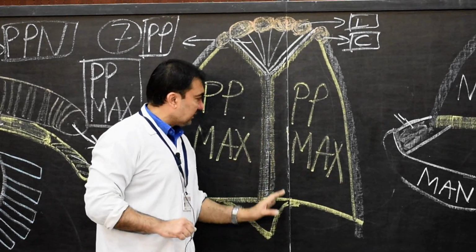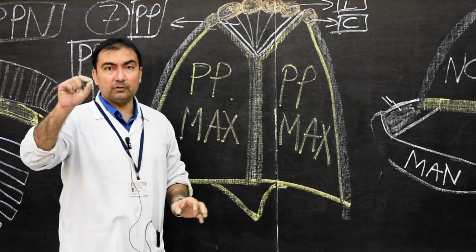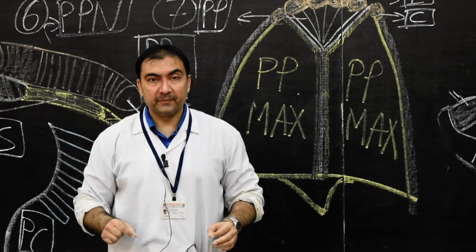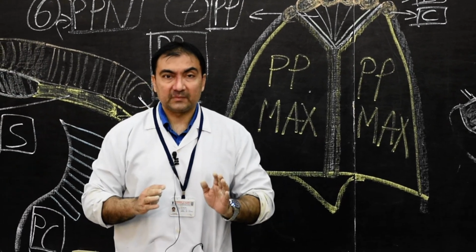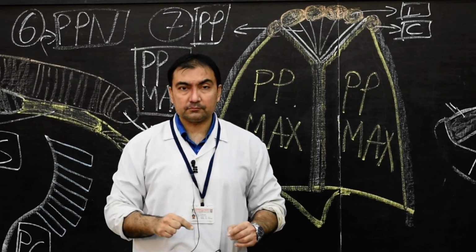This is how the entire palate is formed. And remember, these two palatine processes of maxilla will be ossified in membrane. It is an intramembranous type of ossification. Now we come to anomalies. In anomalies, only one anomaly you have to note down: cleft palate.